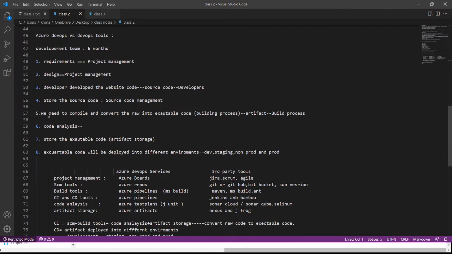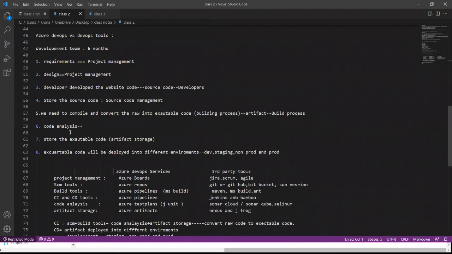And then we need to compile, or convert, that raw code, the human readable code, into the binary code. Human readable code into binary code means raw code into the executable code. We store that in our artifact, and that process we are doing with the help of our build tools.